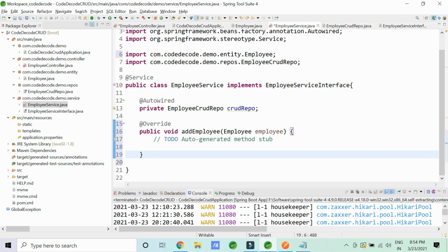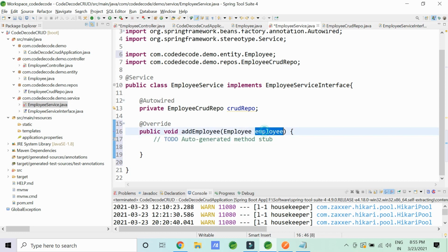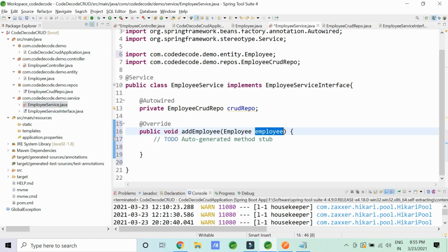So just clicking that, can you see I've overridden one of the methods, addEmployee. What I'm trying to do here: suppose in this service, I've already told you what a service is. Service is business logic. So the task of the controller is done. What has the controller done? It has accepted your request using /save. It is capable enough to handle your request body using this annotation, and it has created an Employee object and sent it to the service, expecting you to move ahead and save it into the database.